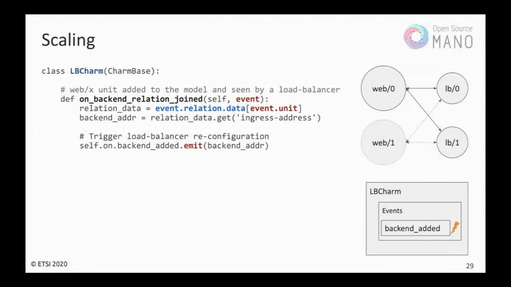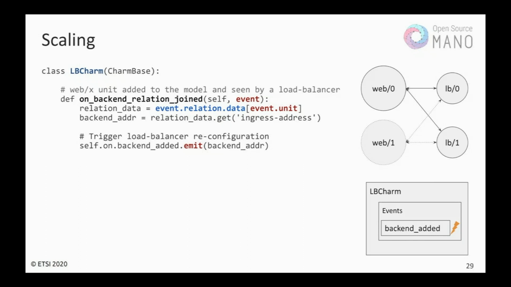One very useful ability that Juju gives you is handling multiplicity of your workloads. So you have an application, but there are units in that application. In this example, you have a web workload that you want to scale out, and there are 2 units of a load balancer. Load balancer units need to react to changes in the number of backends so that they can spread the traffic across multiple